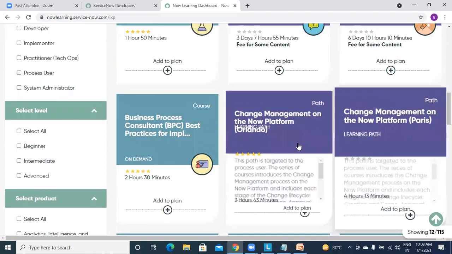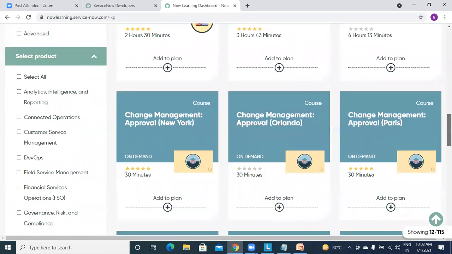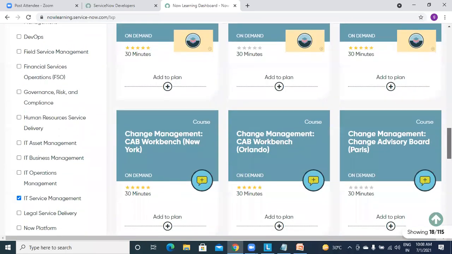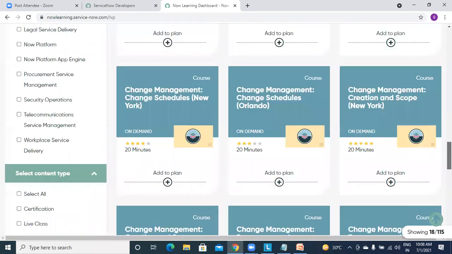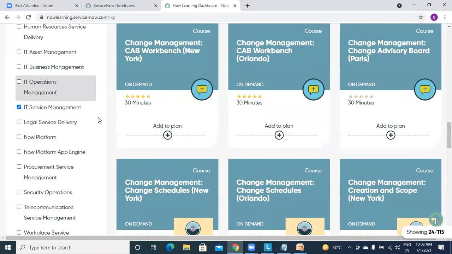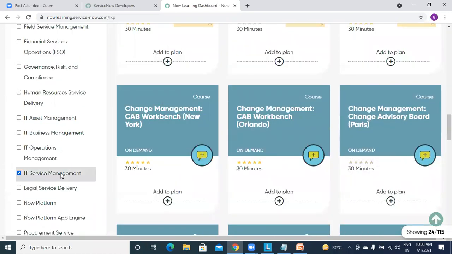Change management, Orlando, Paris, different versions. Then change management in New York also, change approval, Paris, all these courses. So you can do all these courses from here. And this is only ITSM which we are seeing now.